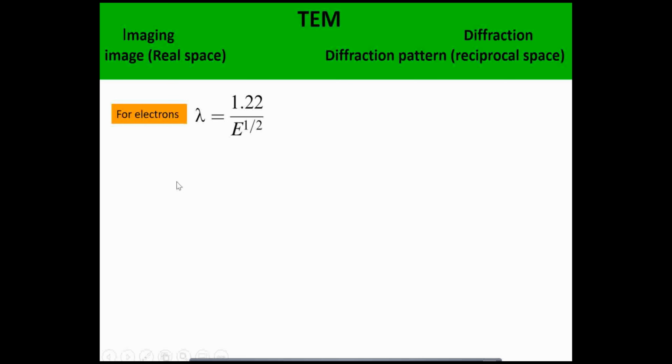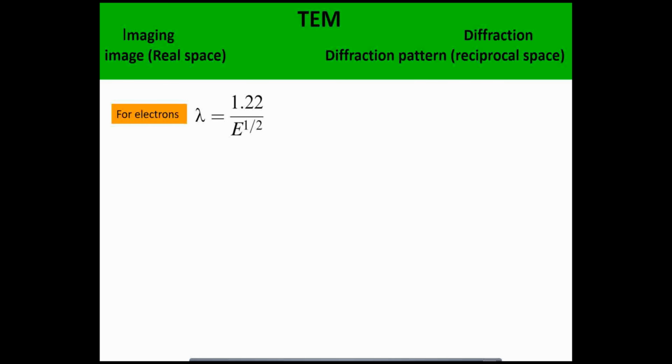So we can see the lattice fringes and the atomic interplanar distances clearly. If we increase the energy further and further, the wavelength will be reduced further and further, so we could see even atomic positions. But that's not the case, because wavelength is only one of the parameters, not the complete picture. There are other phenomena which control the resolution. Even if we have a wavelength lower than what we are seeing, we cannot resolve them because of other lens system components. We will see them.